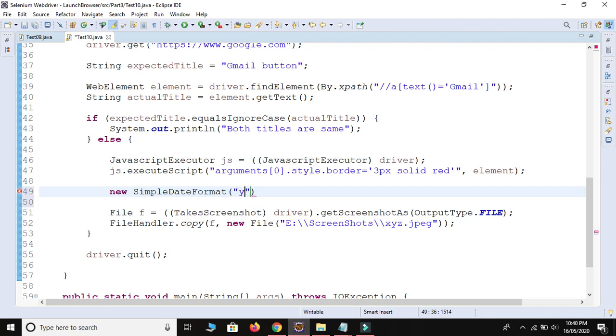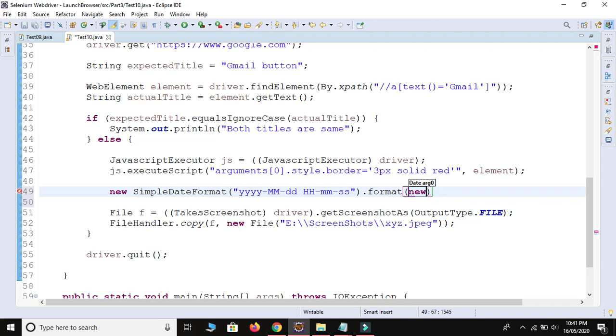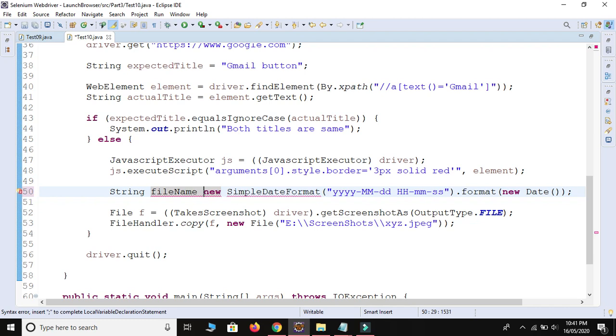First year, then month, then date, and also hours, minutes and seconds. Then the dot format method, and I will use new Date. It will return one value in the form of a String, so I will store it inside a String, and the reference variable is fileName.